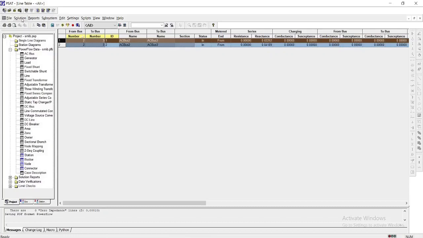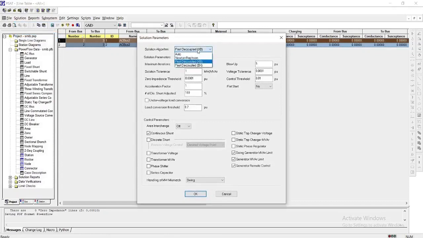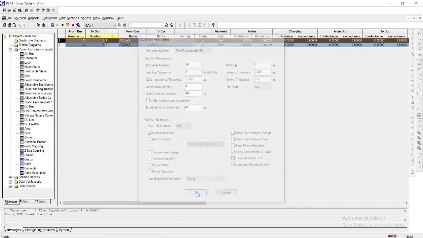Now you can click on Solution, Parameters. Here you can select whatever parameters you want. For the algorithm, you have Newton-Raphson. Then you can select the maximum iterations. I will select the default value here. Click OK.